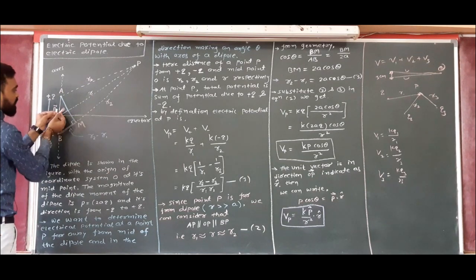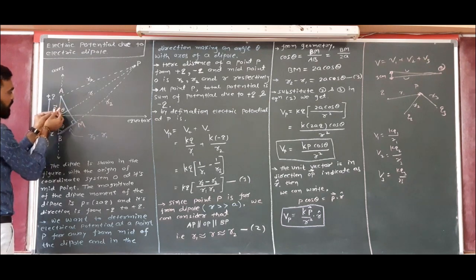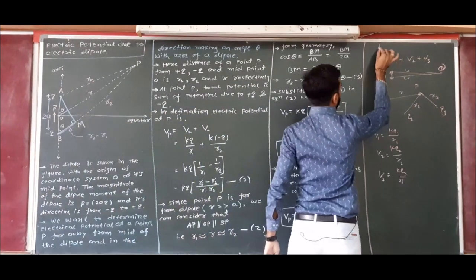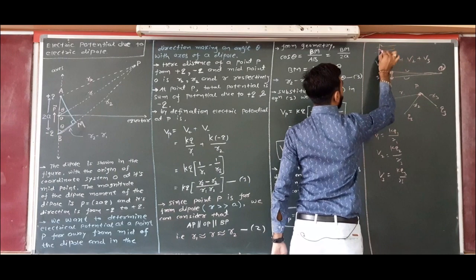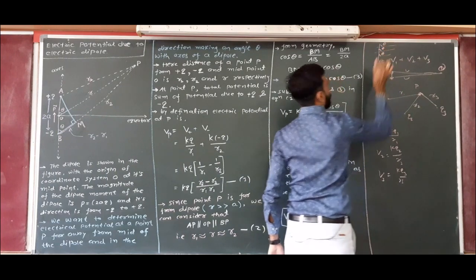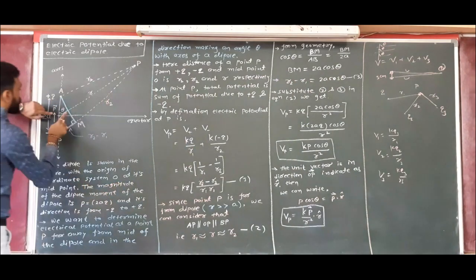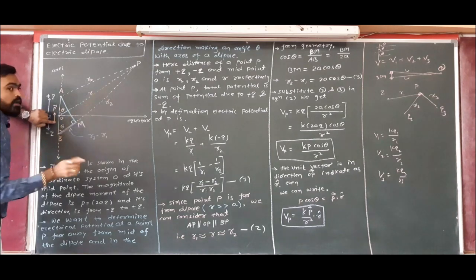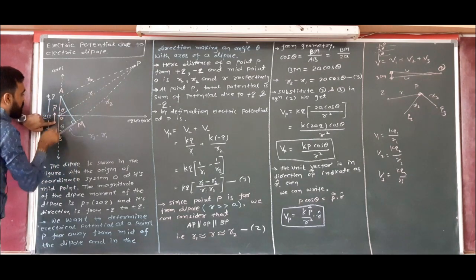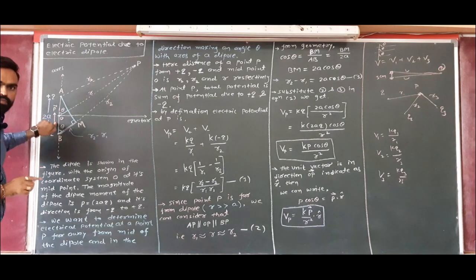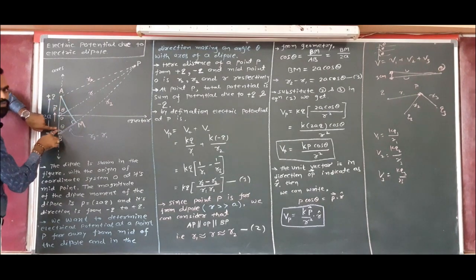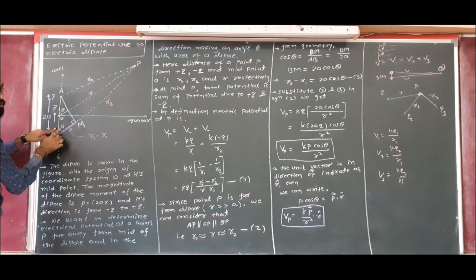Again, this line is also parallel to this one, so its angle will also be the same. For example, for any line, there are three parallel lines, so the angles they make will all be the same. That is why if this middle line makes angle theta with the dipole moment, then the lower line must have an angle theta with the dipole moment P. Do you get the point? Okay. Now this is the 90 degree triangle in which here we have theta. So cos theta is equal to what? Adjacent upon hypotenuse. So adjacent is what?